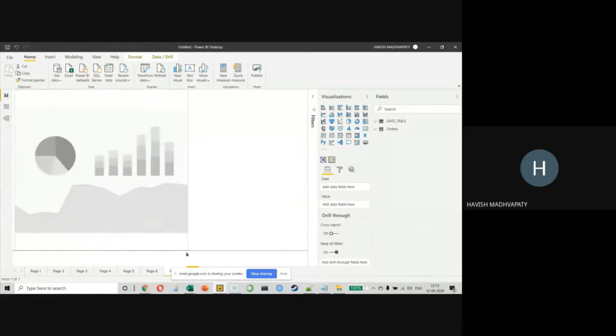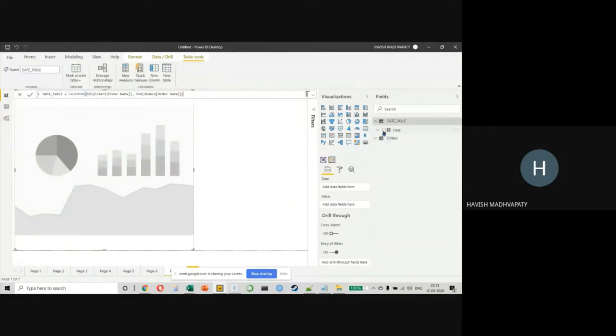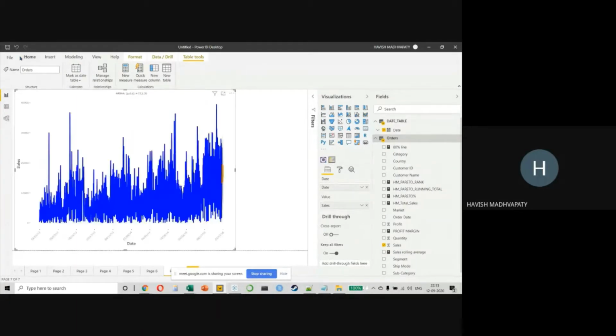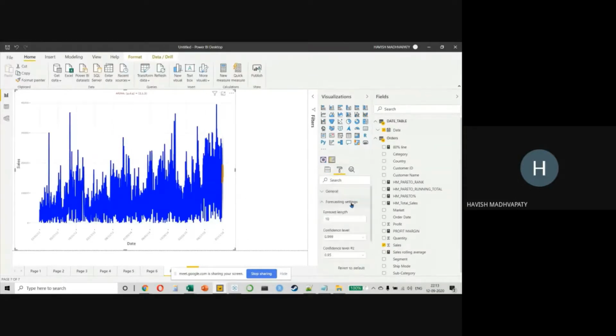And then I can just select my date and my sales value. This will actually take some time because R and Python is very slow on Power BI. And this is a substantially large data set. So maybe I'll just, anyway, I'm not getting into the details. Like you notice here, you have everything available. You can choose length, confidence level. You can choose seasonality factor.